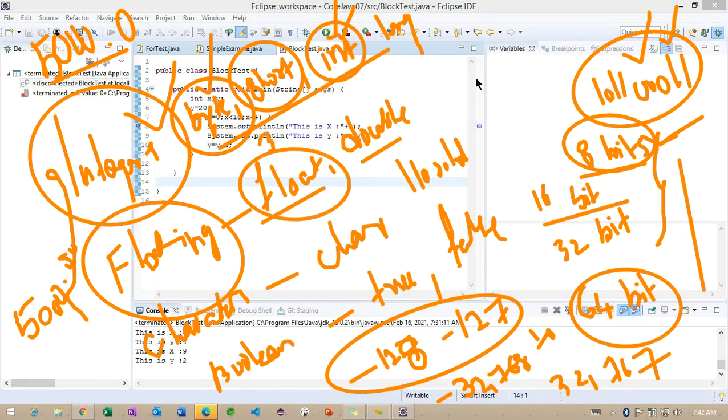32 bits, and double is going to take 64 here. So this is the binary bits it is going to take internally, and we'll go for the character, something called char. Whenever we want to store a single character, something like A, B, C, we can work with this particular char data type here.